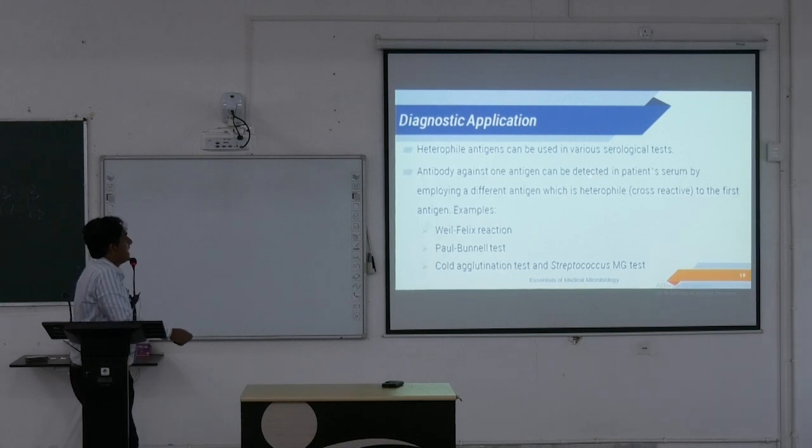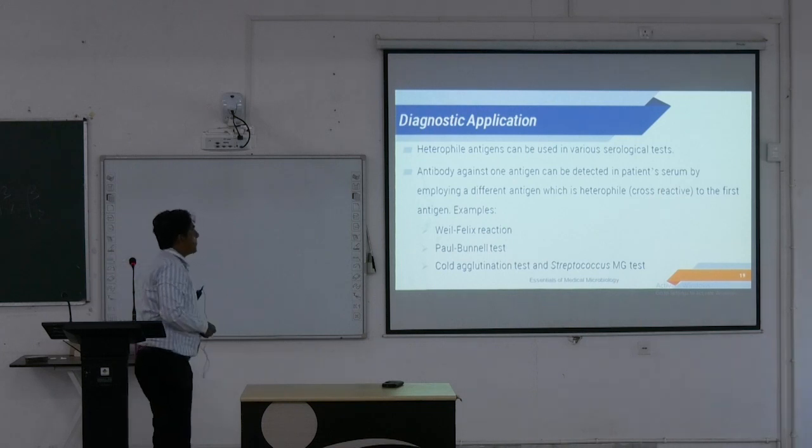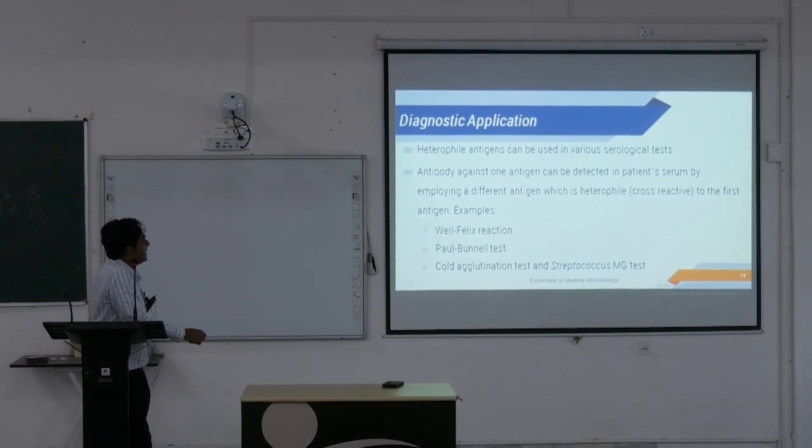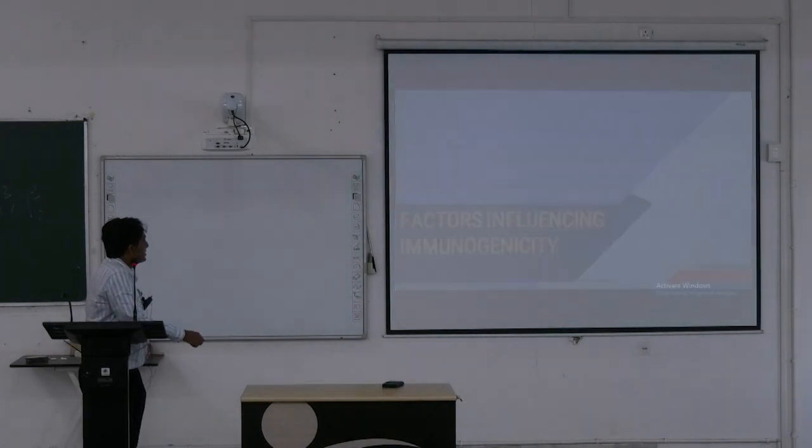অ্যান্টিবডি এগেনস্ট ওয়ান অ্যান্টিজেন ক্যান বি ডিটেক্টেড ইন পেশেন্ট সেরাম বাই এমপ্লয়িং আ ডিফারেন্ট অ্যান্টিজেন which is a heterophile বা ক্রস রিঅ্যাক্টিভ। হেটেরোফাইল বা ক্রস রিঅ্যাক্টিভ মানে কি? একটা অ্যান্টিজেনের এগেনস্টে অ্যান্টিবডি স্টিমুলেটেড হলো, সেইটা একটা অন্য অ্যান্টিজেন দিয়েও আমরা দেখতে পারবো। Antibody against one antigen can be detected in patient serum by employing a different antigen. এক্সাম্পলস গুলো কি কি? ওয়েল ফেলিক্স রিঅ্যাকশন, পল বানেল টেস্ট অ্যান্ড কোল্ড অ্যাগ্লুটিনেশন টেস্ট অ্যান্ড স্ট্রেপ্টোকক্কাস এমজি টেস্ট।